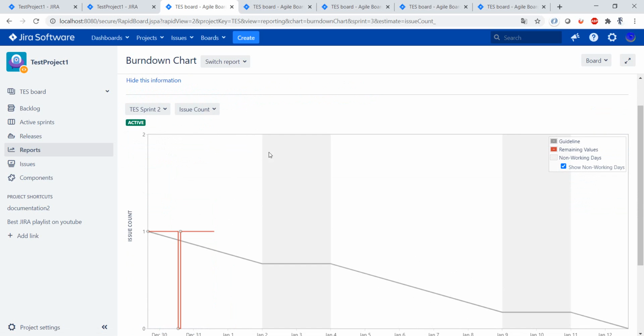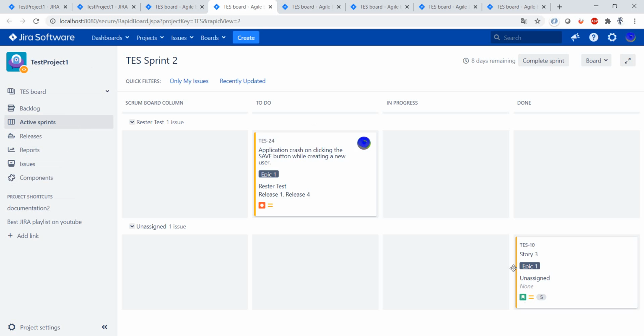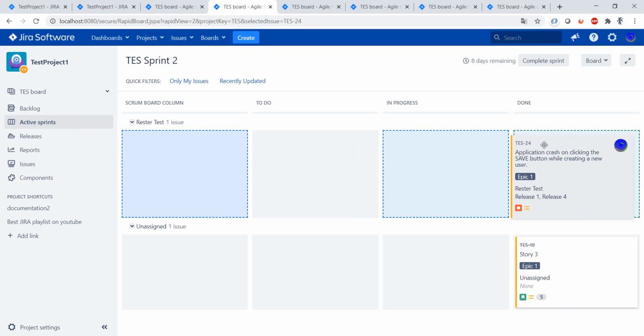But we can also have a look at an active sprint. So as you can see here, we still have one issue which is not done. If you don't believe me, let's go to the active sprints. And here we still have two issues, one done and one not done. If we would put this issue into done